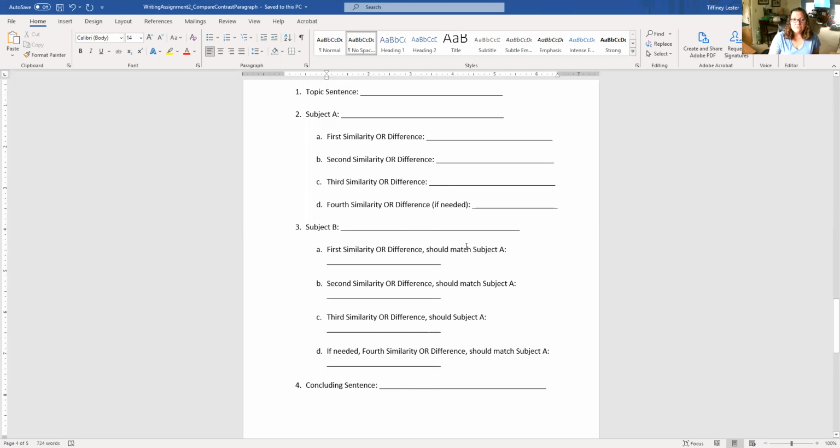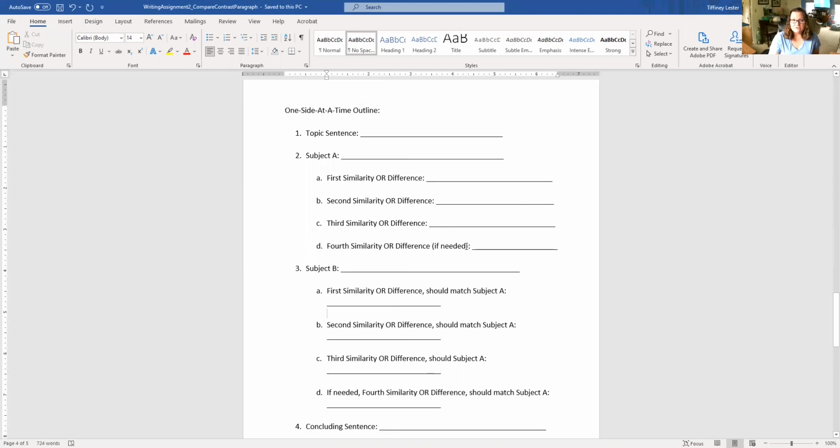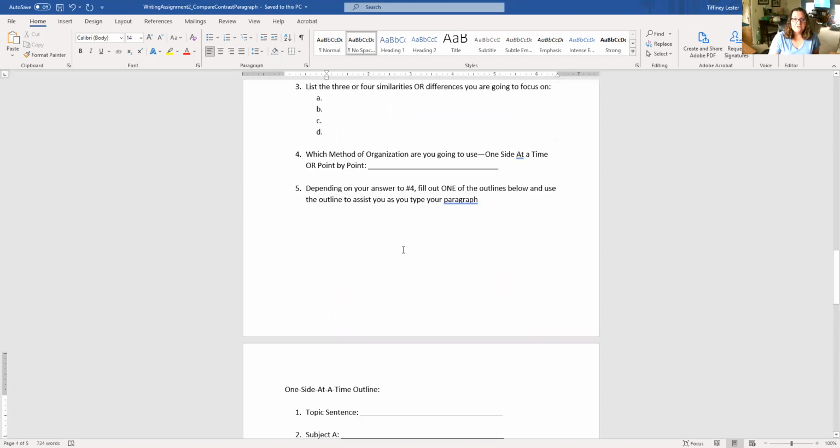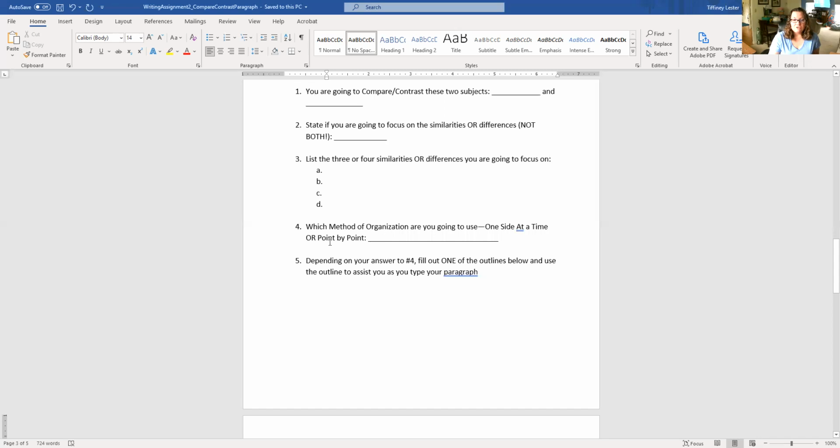And then you have your outline and you can go type your paragraph. Again, this outline does not get submitted. It's there just to help you. Okay. Now, if up here in number 4, you decided to use the point by point method, then you're going